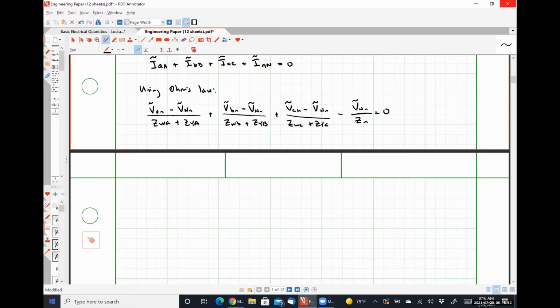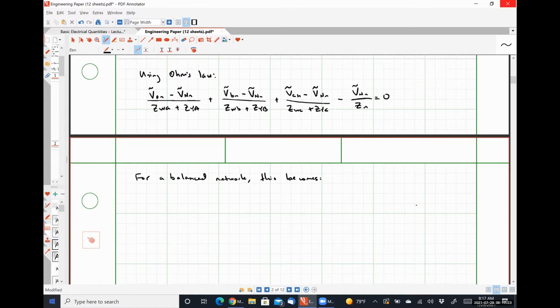And if I had a balanced network, I could treat all of those transmission line impedances, ZWA, ZWB, and ZWC, as a single quantity as well, which I'll call ZW. So I can say for a balanced network, this equation becomes